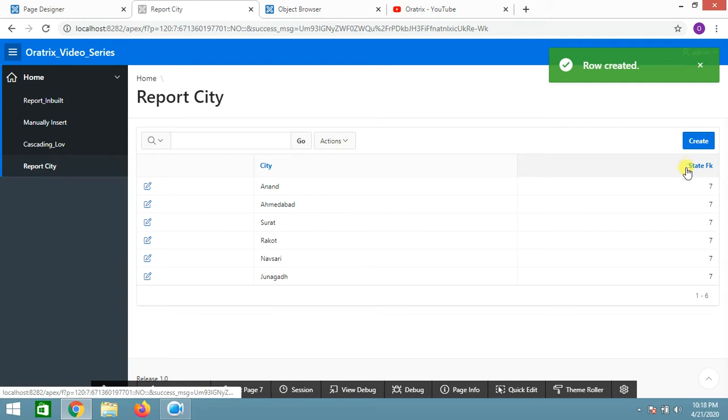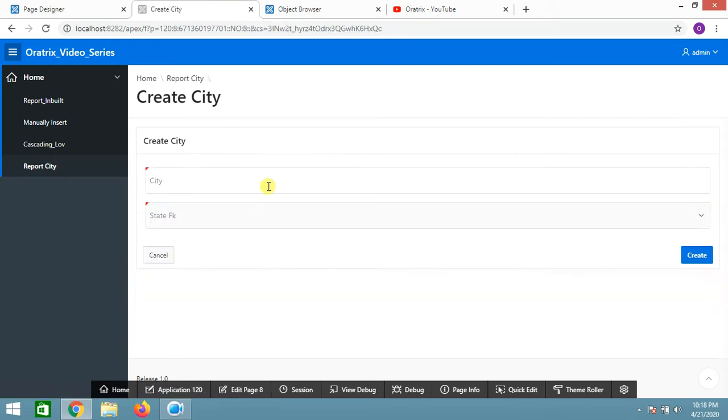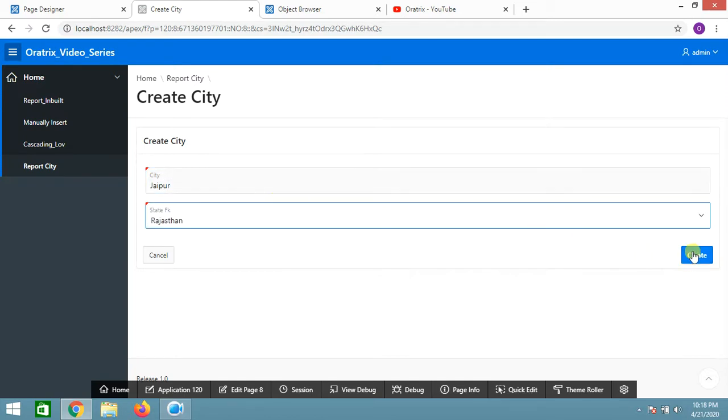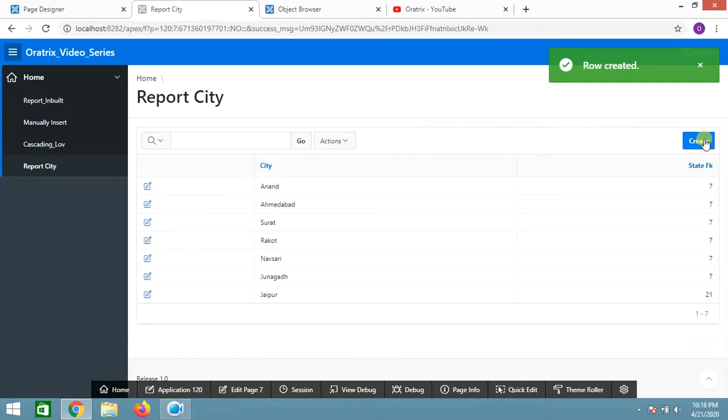So as you can see, let me create again one city called Jaipur, which is in Rajasthan. Create.